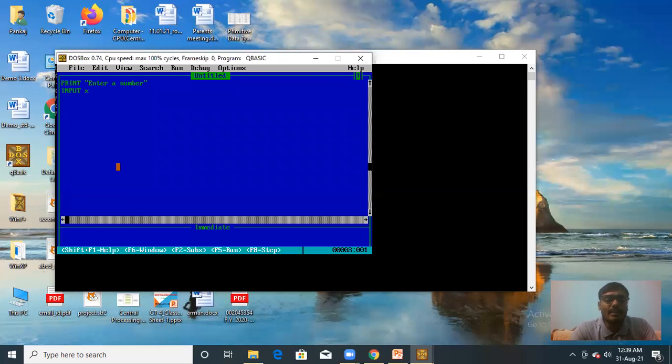Now you have to find its square and cube. Now you will write the print command. Print square of the number equals to, you can use x into x, x multiplied by x. Now again you have to use another print command for finding the cube.